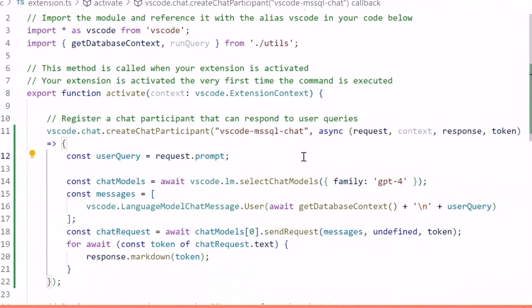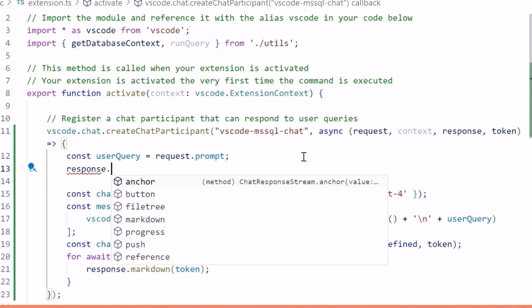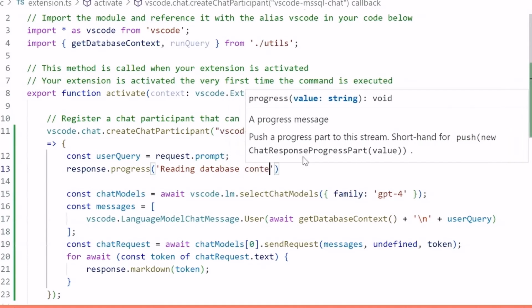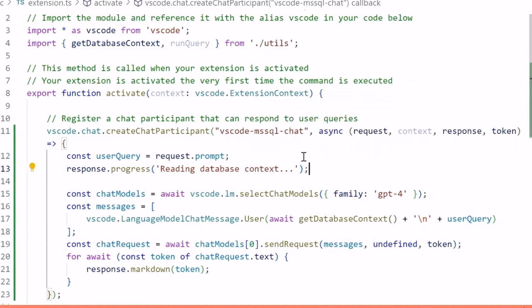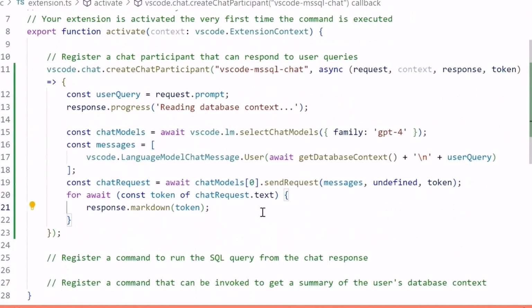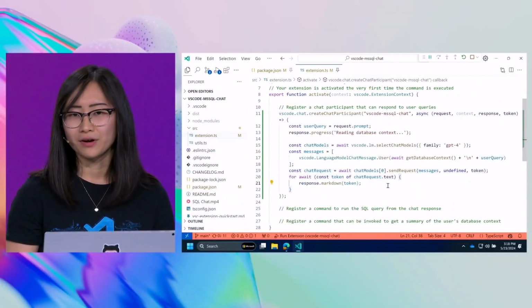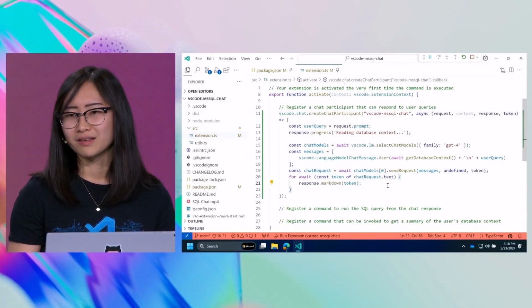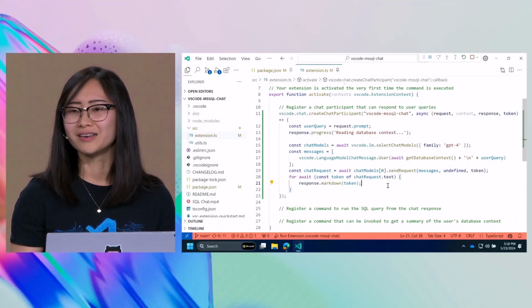So one thing that we can do here is to tell the user actually that progress is happening. And so let's go ahead and say that we are reading database context. And that'll just give the user some indication that we're doing work behind the scenes. So now that I have that, one of the missing pieces from my original demo is we'd like to have that run query button that integrates with the Microsoft SQL extension to allow me to run and validate the query